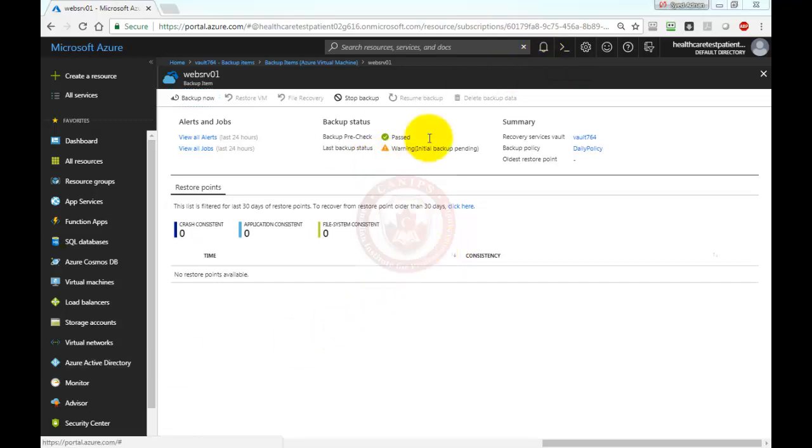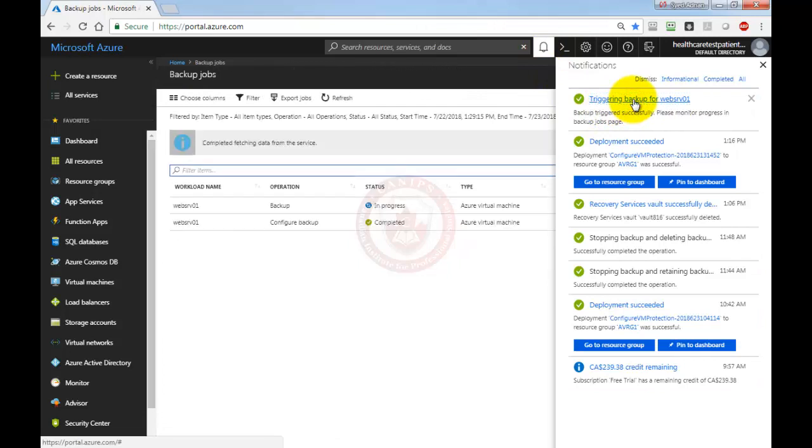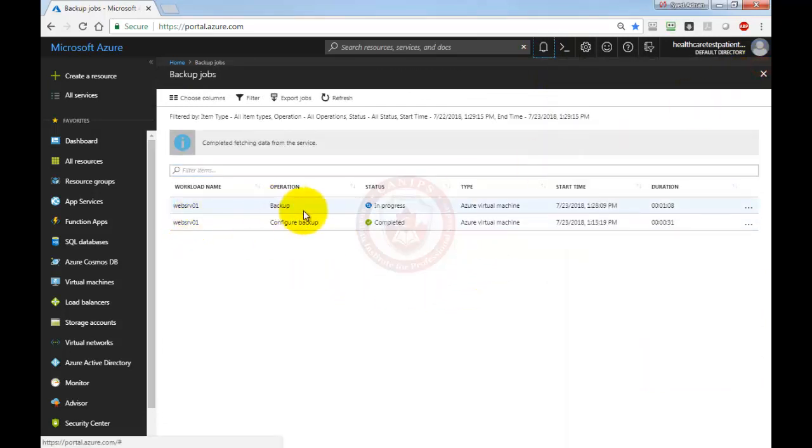So while the backup is being triggered, just one more thing I wanted to show. If you go on to triggering backup for this VM, we can see that there is a backup job in progress. Once this is completed, we will be able to see the backup. And at the same time, if I go to